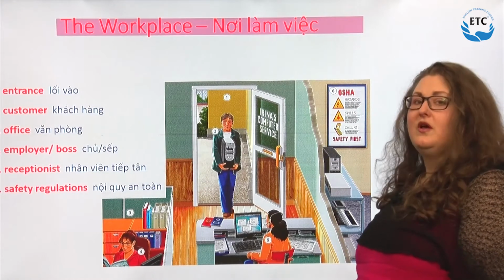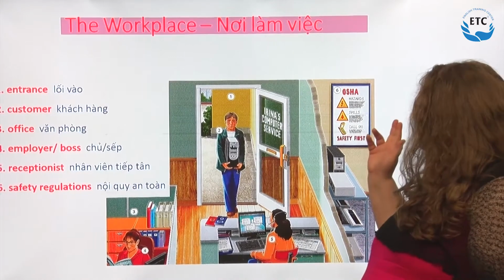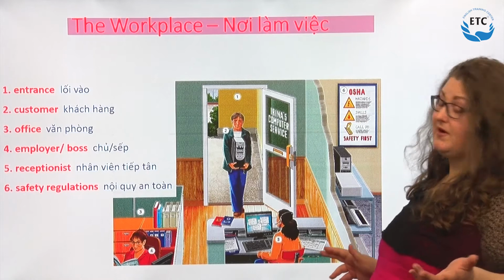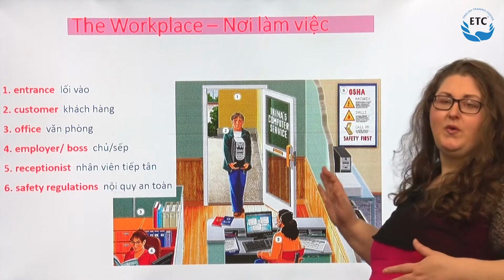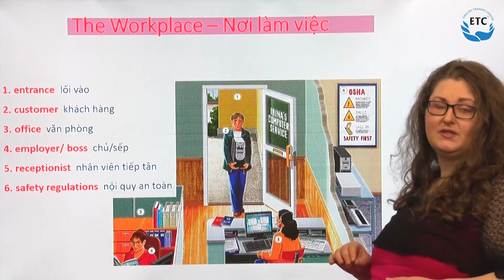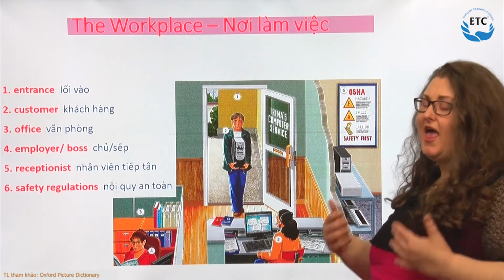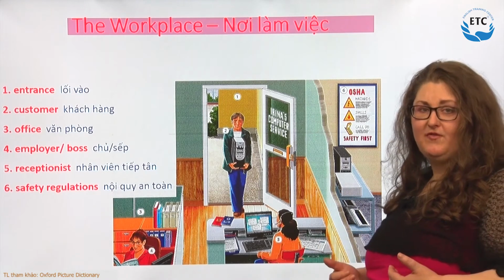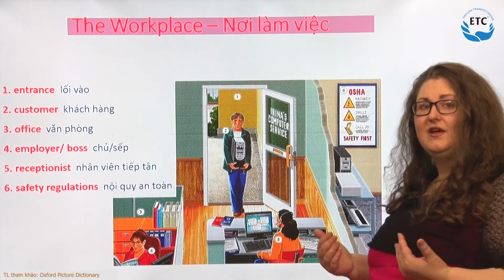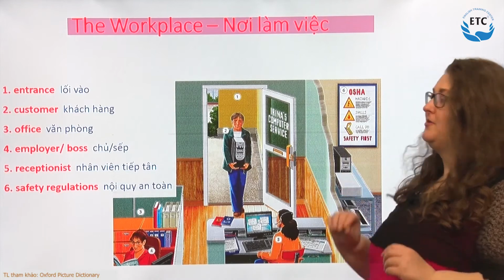Okay, so the first thing we're going to do is just take a look at the picture. What do you see here? It's somebody's workplace, right? So before we start to analyze the picture, let's go over the vocabulary words. I'm going to say the vocabulary word and I want you to repeat every time you hear me say the vocabulary word or the structures, okay? So listen very carefully, listen patiently and quietly, and repeat after me.